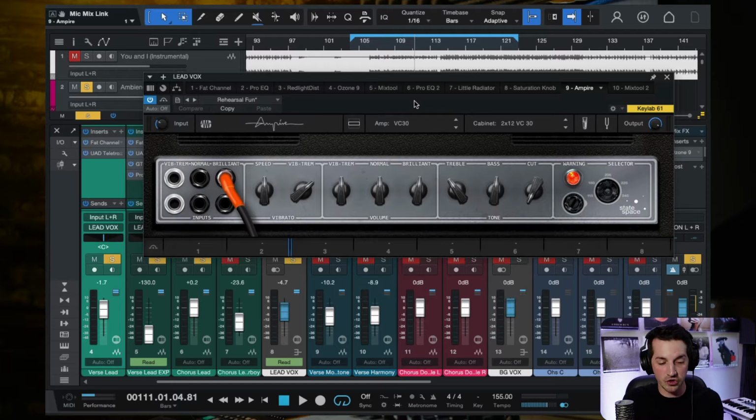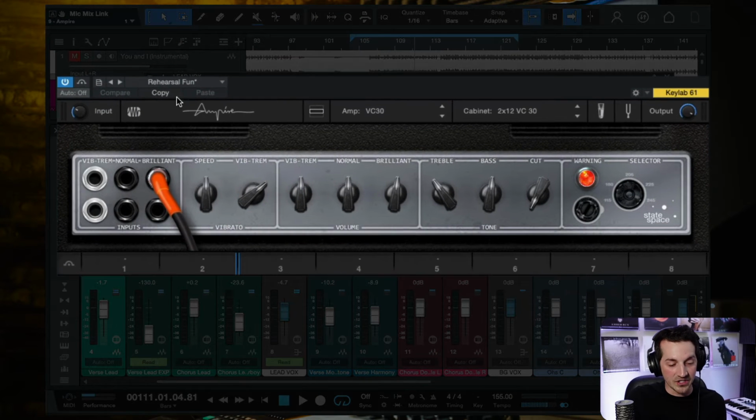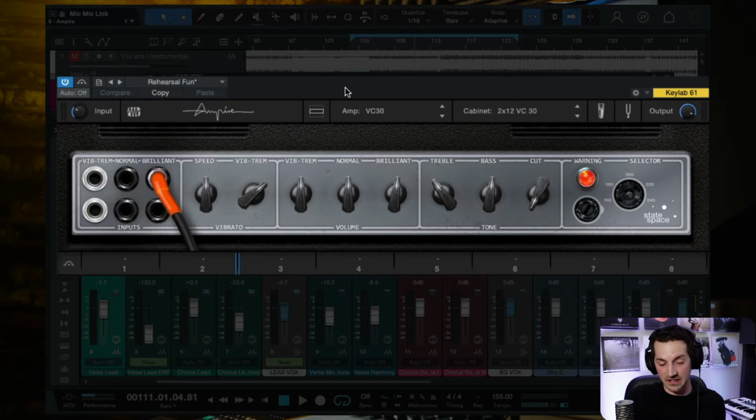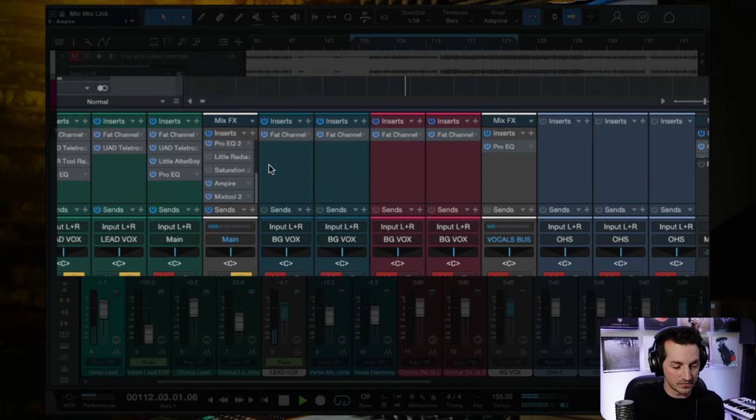So here in my DAW Studio One, the stock amp modeling software is called Ampire. And so I browsed through a couple different presets, but here is a preset called Rehearsal Fun, and it sounds like this. You and I,